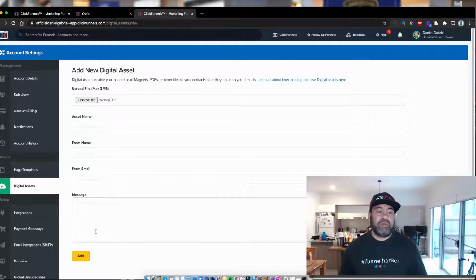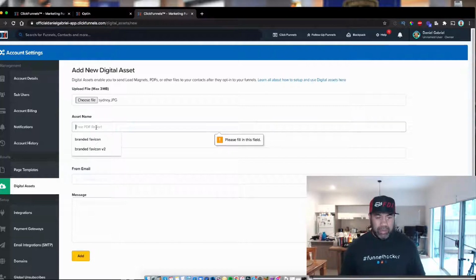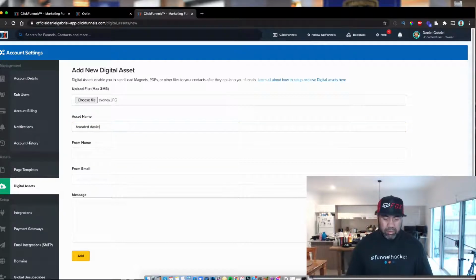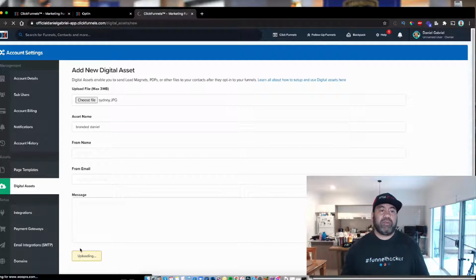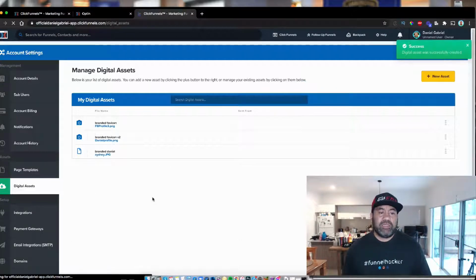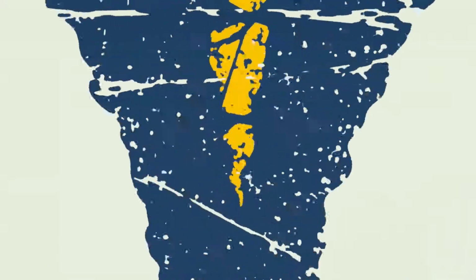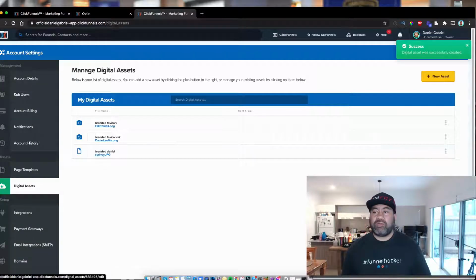you choose the file and add the file. I'll add a name, say branded Daniel, and add that one. Once it's added, you go to the right hand side here and click on the three dots. Once you click on the three dots, you copy the asset path, and you go back to